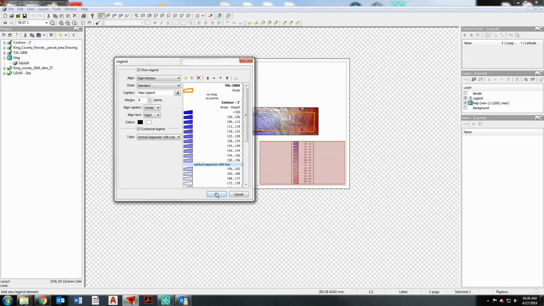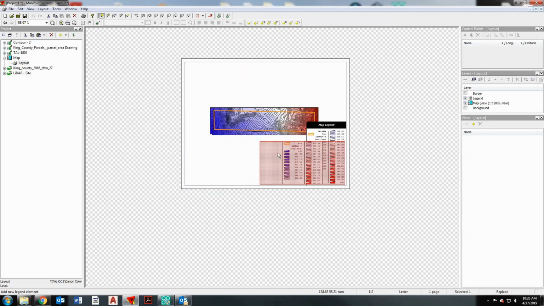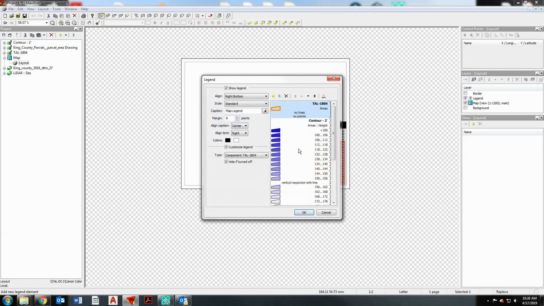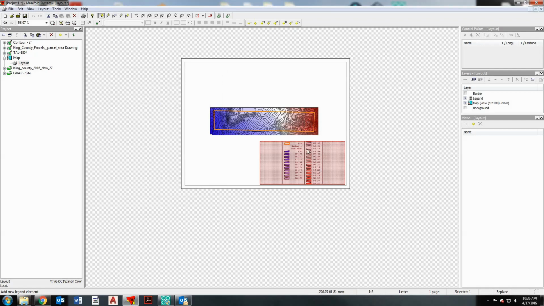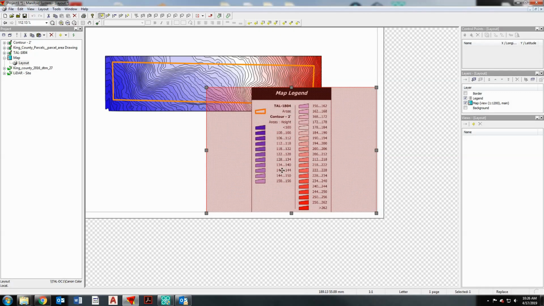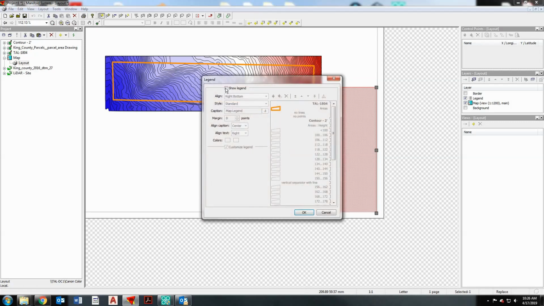So once we have that in there, we'll click the OK button. And as you can see, right now it's doubled up because we did this show legend. So we can just deselect that for a second. And you can see here that it split the legend in 2 and allowed us to make this a little bit more horizontal. It's uneven right now, so the way that we'll fix that is we'll again double click on the legend to bring up the properties. We'll hit show legend,